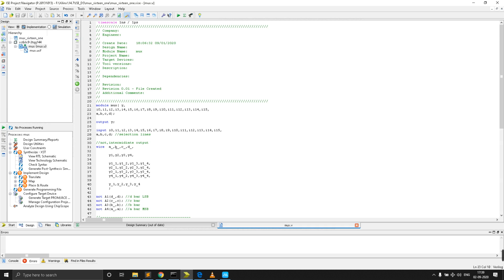Then we need some intermediate value holders. For that, these are all the wires. This is for A bar and B bar, C bar and D bar, and y1, y2, y3, y4.